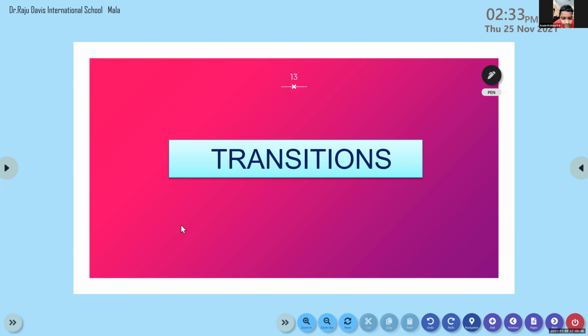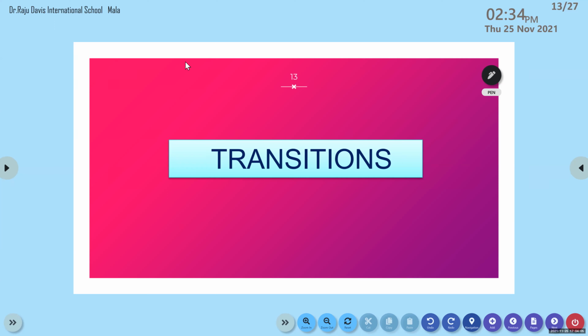Yes, Ashwin, repeat. Slide transform, slide animation. Somewhat you are correct. Transforming the slide. Excellent, you are near to the answer. Ahayan, what according to you is transition? Moving slide. When you jump from one slide to another, you can see a change. Slide animation. Okay, let's see the definition of that.